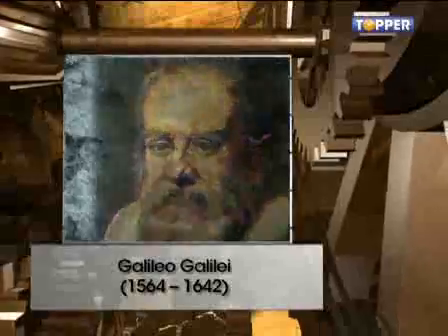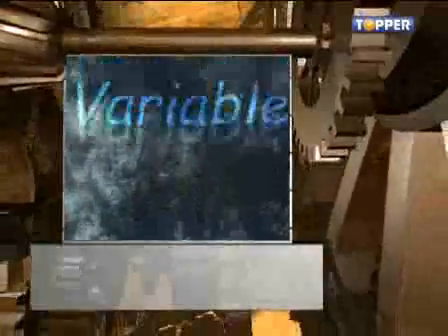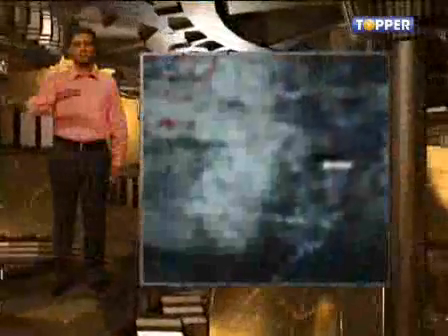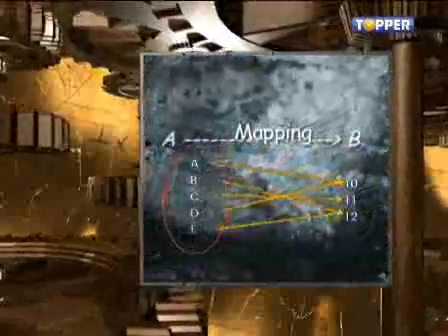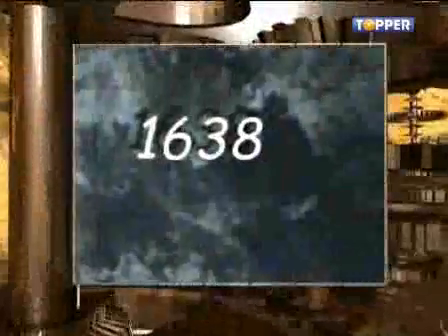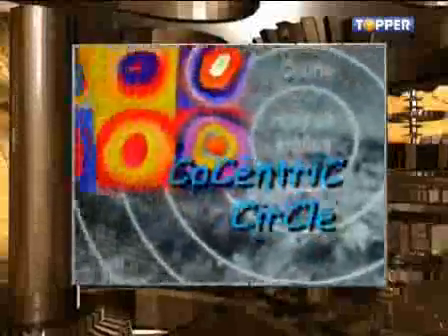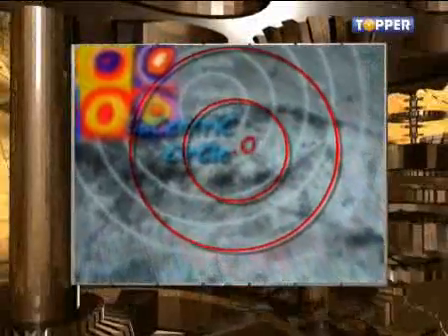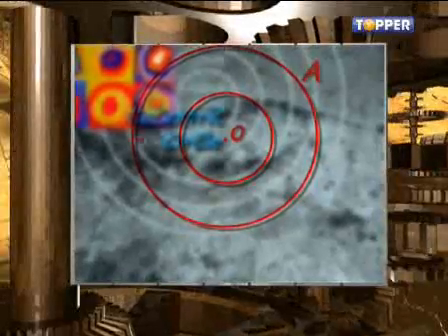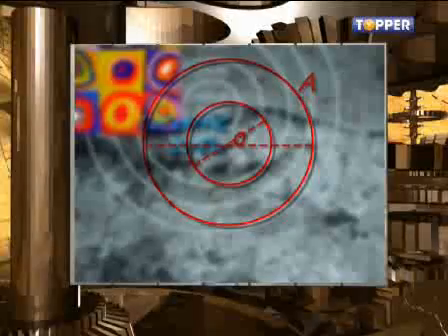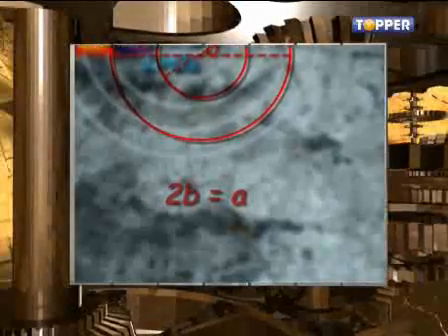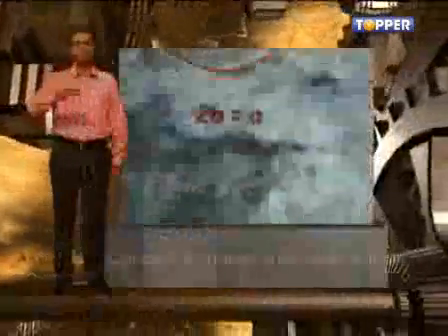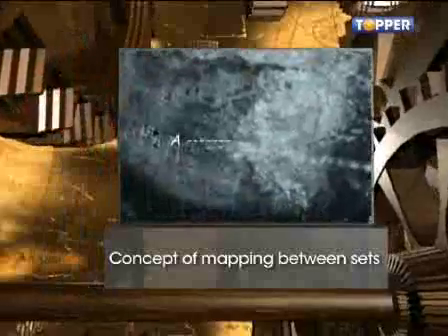Galileo's studies of motion contain a clear understanding of a relation between variables. Again, another piece of his mathematics shows how he was beginning to grasp the concept of a mapping between sets. In 1638, he studied the problem of two concentric circles with the same center O. The larger circle A has diameter twice that of the smaller circle B. The familiar formula gives the circumference of A to be twice that of B. So Galileo had constructed a function mapping each point of A to a point of B.